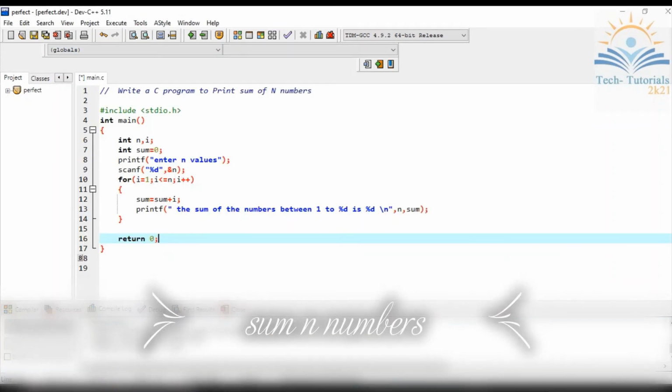So C program to print the sum of n numbers. So now n is given by the user. Now you can find out